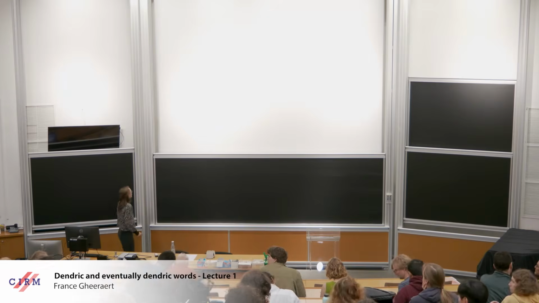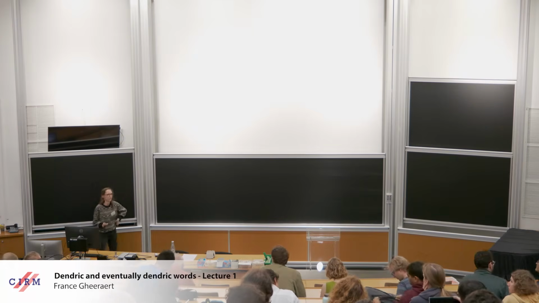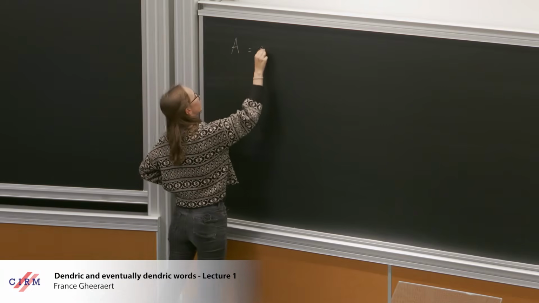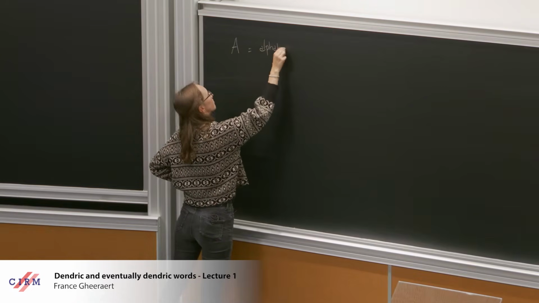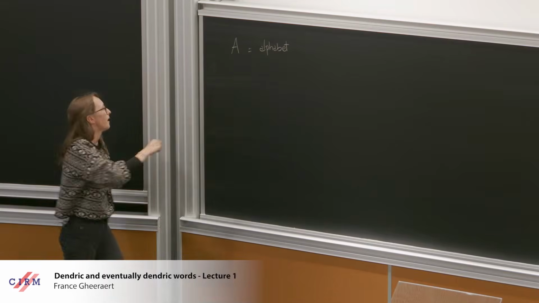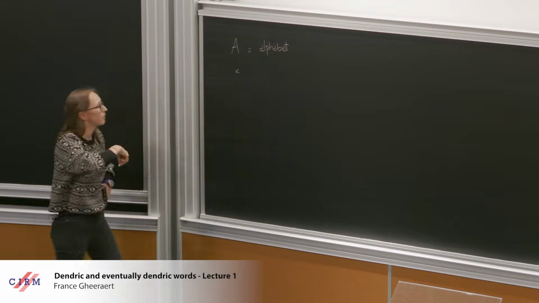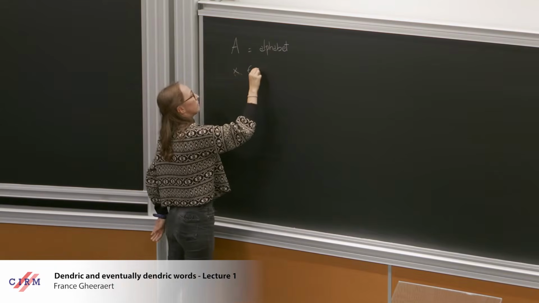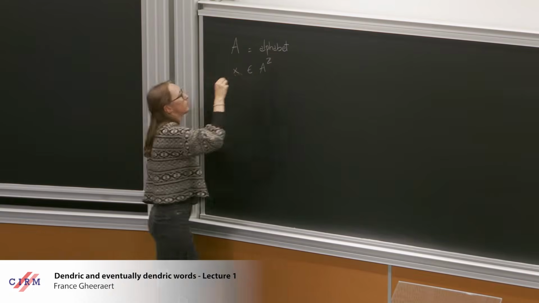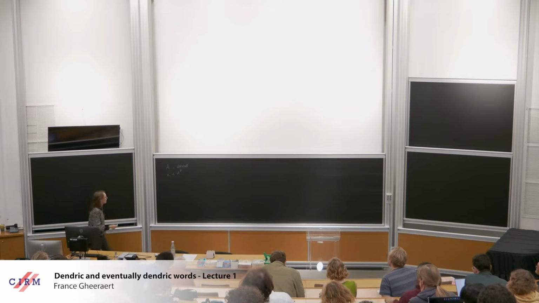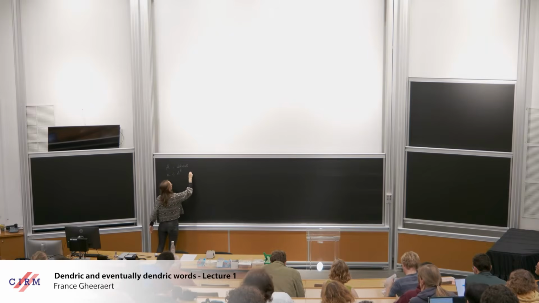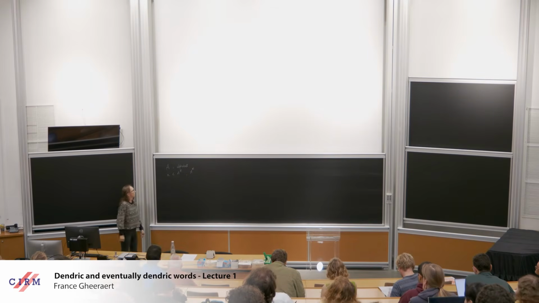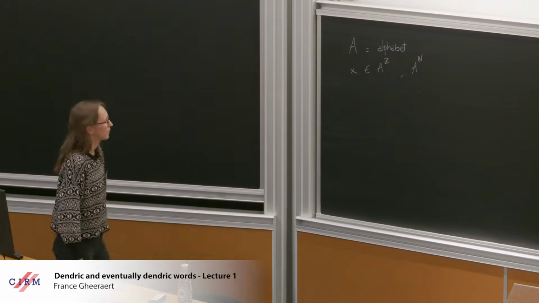Before I really start the course, let me introduce some notations because I will forget later otherwise. So A will be an alphabet. I think that's pretty classical. And I will consider small x, made it a little bit bigger, which is the easiest way to see it is maybe to see it as a two-sided sequence on the alphabet, but you can also see it as a one-sided sequence without problems at the beginning, or as an element of a shift space or whatever you want.